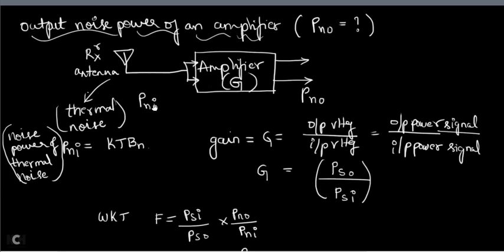I took the noise power only because of the antenna, and I did not take any noise added by the amplifier. But the output noise generated by the amplifier contains the noise added by your amplifier also. So therefore I can write